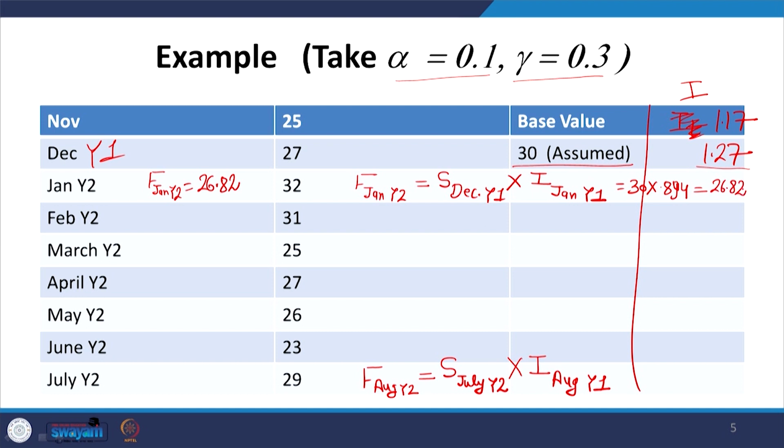It is also recommended now that we get the updated value of January's base, and we get the updated value of seasonal index of January Y2, and with the help of this updated base value of January, we can calculate the forecast for February. However, the updated value of seasonal index will not be used immediately, it will be used for January of year 3. But it is important that we do this in the iterative mode.